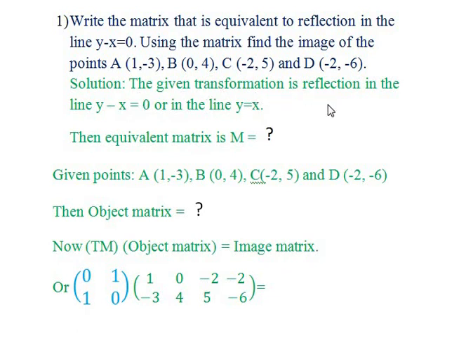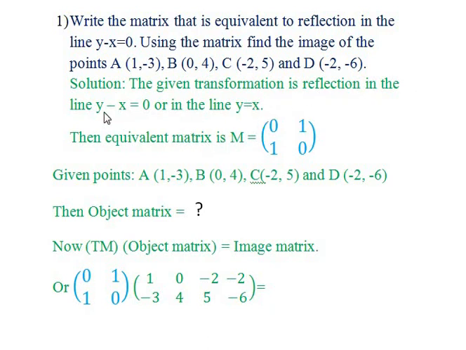The given transformation is reflection in the line y minus x equal to 0. And it means y equal to x. The line is y equal to x. Remember the matrix equivalent to this. Okay. So what would be the matrix equivalent to this reflection? Remember? Look at M is 0, 1 and 1, 0. Okay, the equivalent matrix